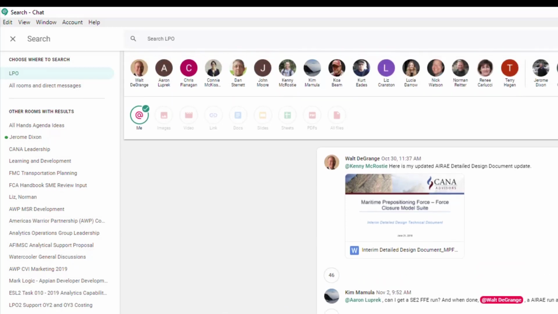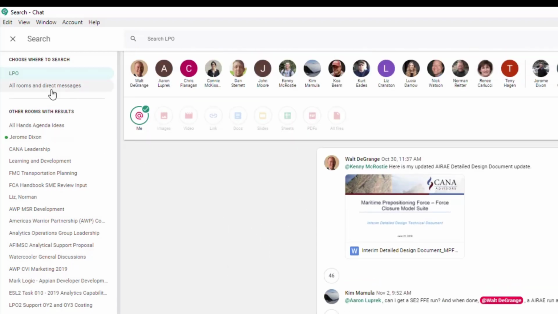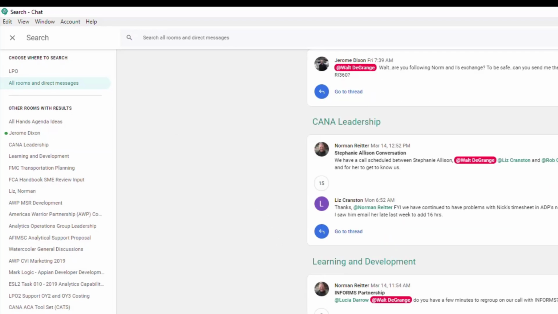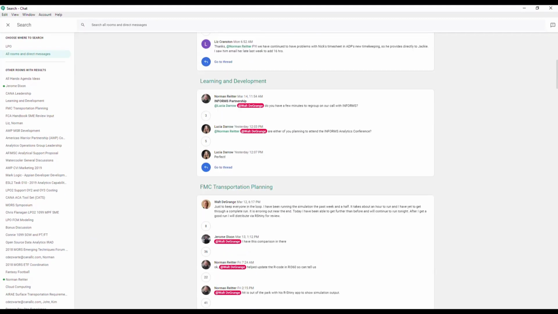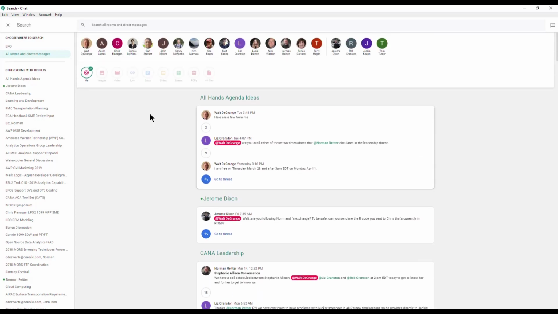It's easy to search, and it's a great way to do it. If you just type in Walt DeGrange without the at, then it will not appear in this search. If you want to do all rooms and direct messages, here's all my ats. It's a quick way to figure out who has used at Walt DeGrange.